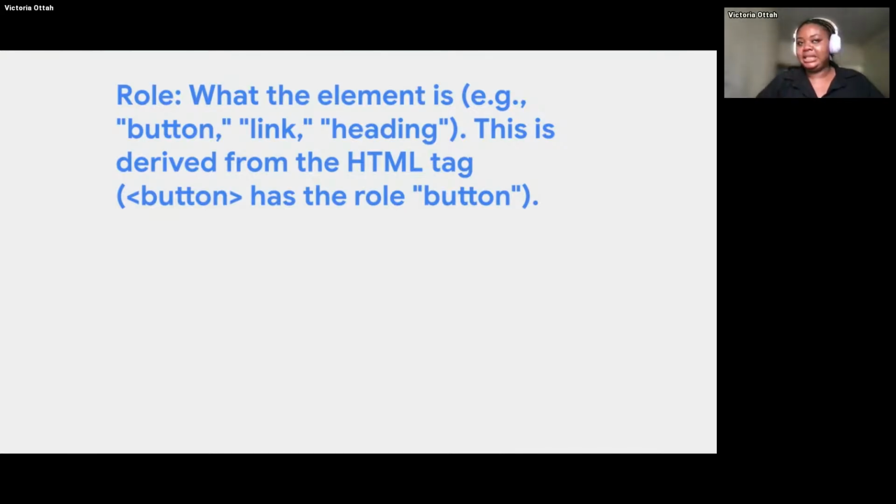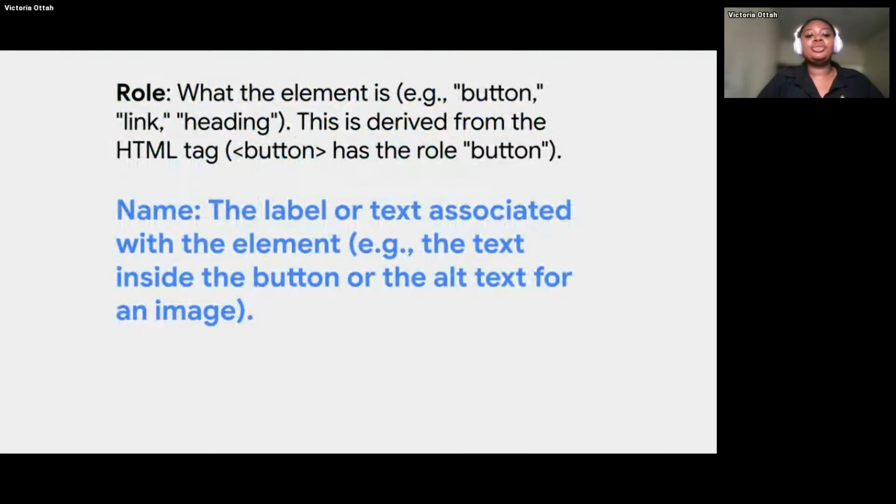It's supposed to be a must, yes, but as a developer, it all depends on you. If you use the correct tag, semantic HTML, then you're on the right track. Okay, so the second way is through the name, the label that's associated with the elements. Example, the text inside the button or the alt text that you want to use to describe an image,